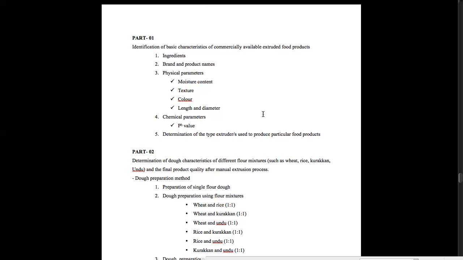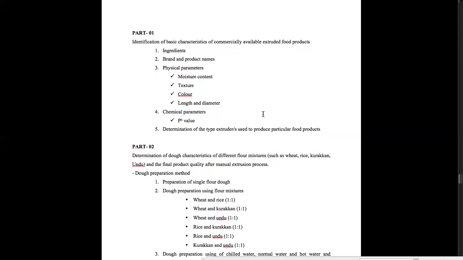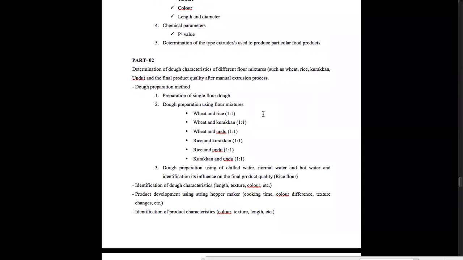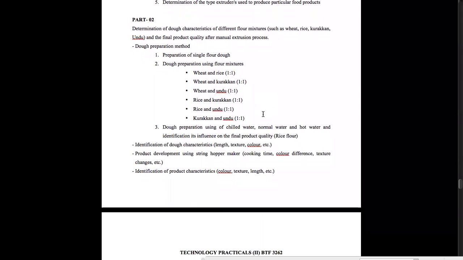We are also going to check its pH value by dissolving. pH is very important in development, and you will be able to get an idea about that. The moisture content and pH are very important to get a constant, proper product without any damage. These are the objectives of part 1. So you have to go through the labels and also the products. Then we are moving to part 2.